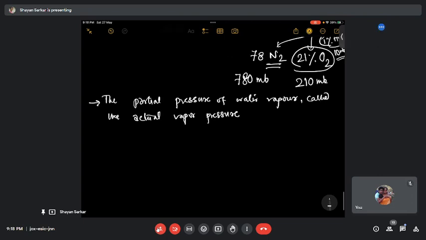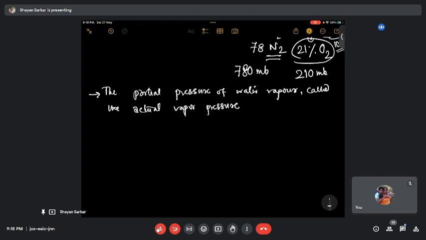So suppose this is AVP, actual vapor pressure. A high amount of actual vapor pressure, what does it indicate? It indicates